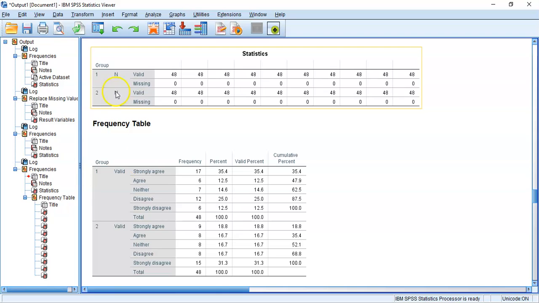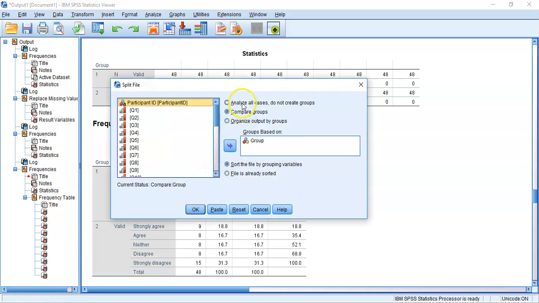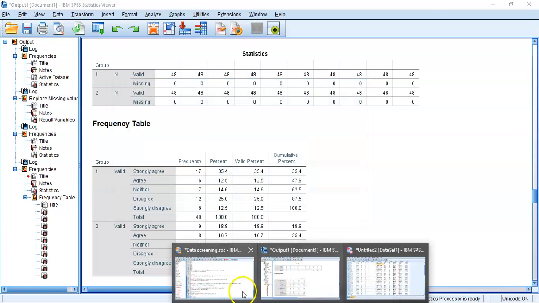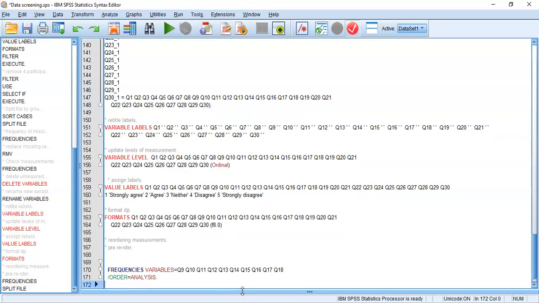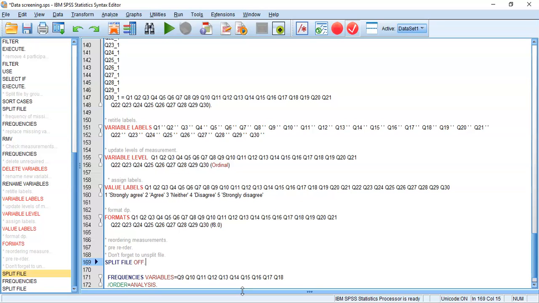So I'm going to show you how to unsplit the file, and then we're going to rerun these frequencies. I'm going to come up here to data, and then there's split file, and I'm going to put it back to all groups, so it's unsplit. I'm going to paste that in here. I've forgotten that, so I'm going to put in a comment: don't forget to unsplit file. This will be the syntax for taking the split off,